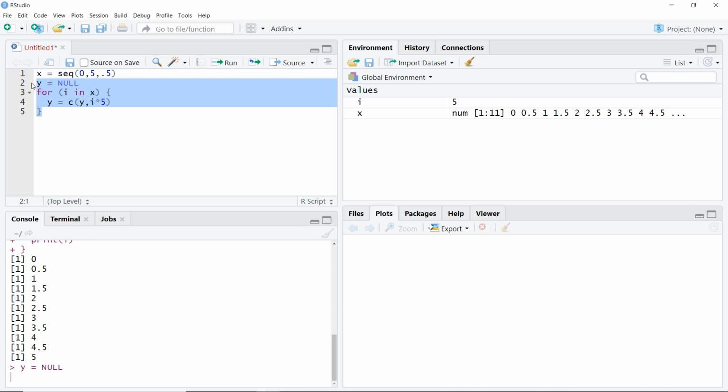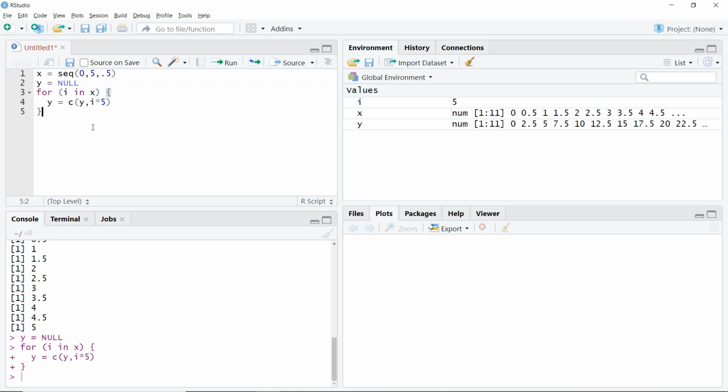Let's run this. And here you can see I have a new variable y with 11 values: 0, 2.5, 5, 7.5 and so on.